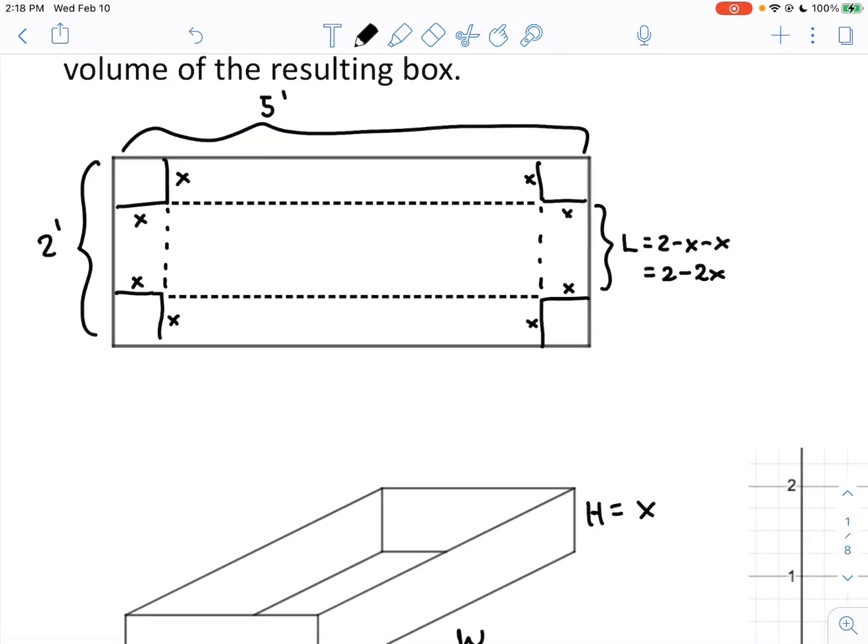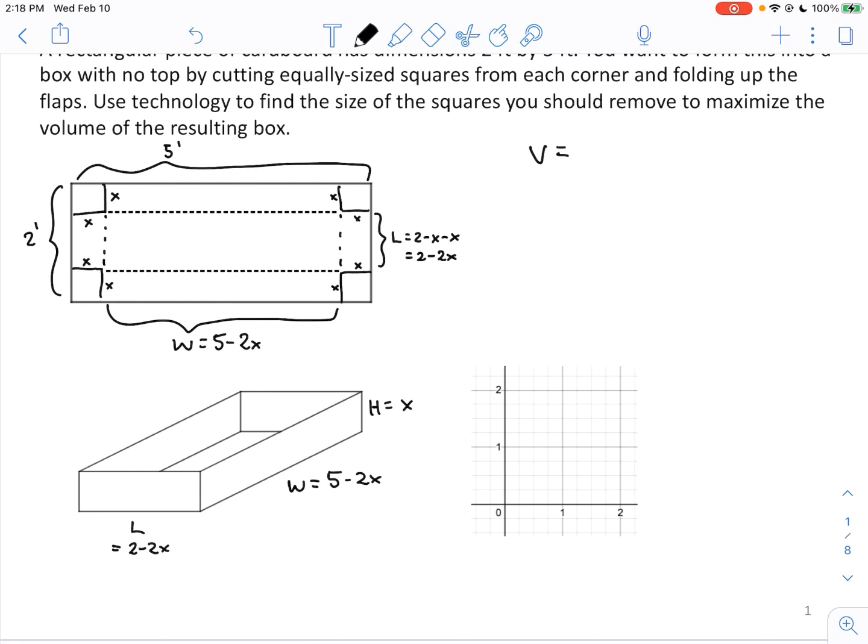When you fold up the flaps, the width of the box is going to be this length here. It's going to be 5 minus x minus x. 5 minus 2x again. The volume of a box is length times width times height. And I'm going to do the height first. The height is x. Then the length was 2 minus 2x. And the width is 5 minus 2x. So this becomes a volume function of x, where x is the size of the squares that you're removing from